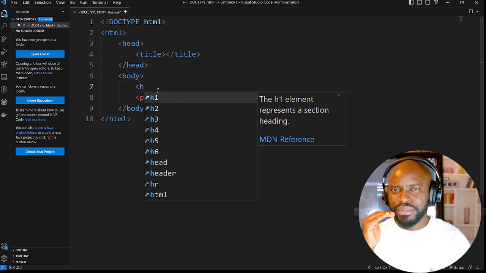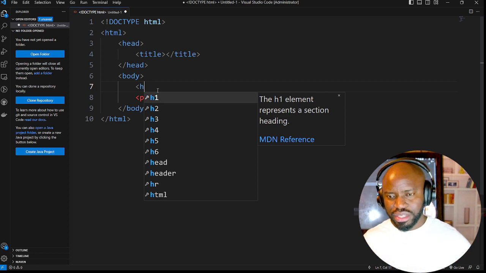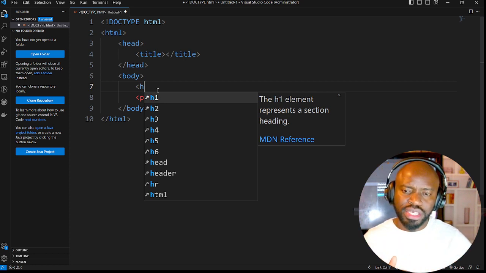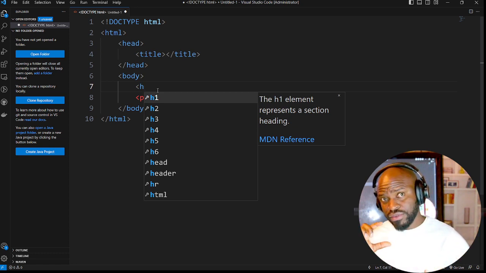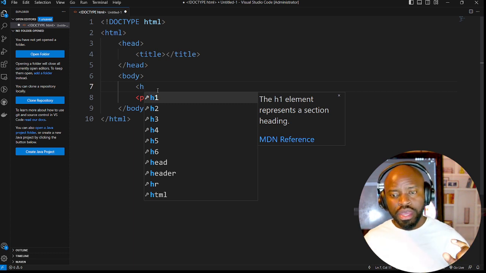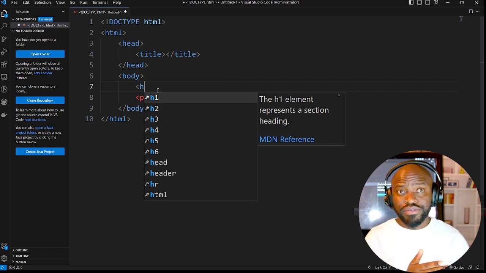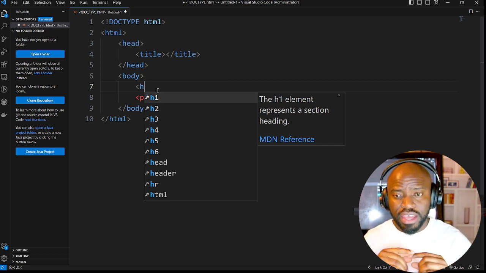Every number defines the size of the text. If you start with H1, it will have a very big text size, and if you go to H6, it will have a very small text size. The generic H is different from paragraph,